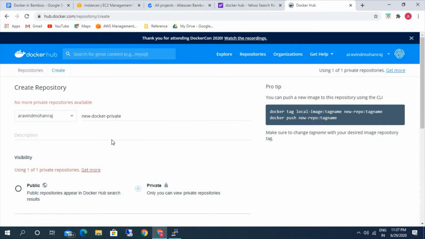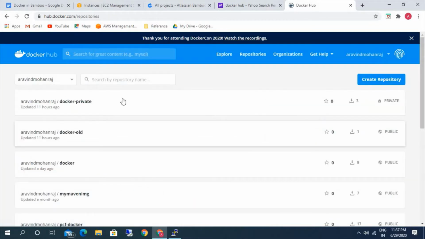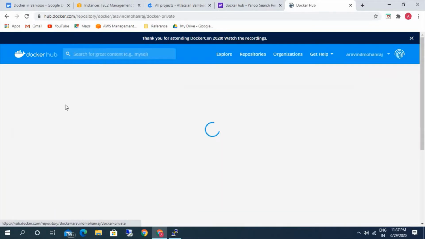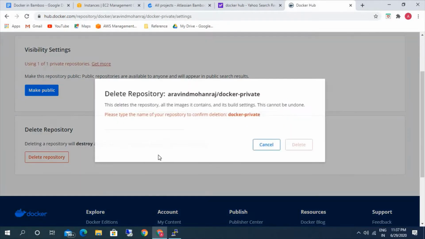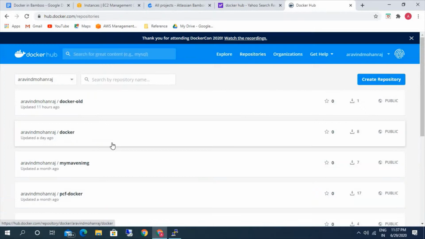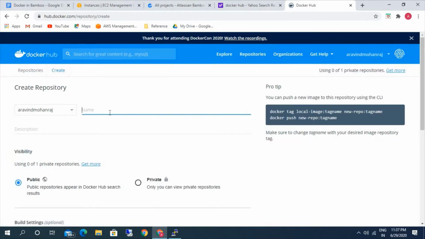Okay, it says here you have no more private repositories available. Let me just go back and delete my previous repositories. I'm going to delete this, since the limit is only one. So I'm going to create a new repository.